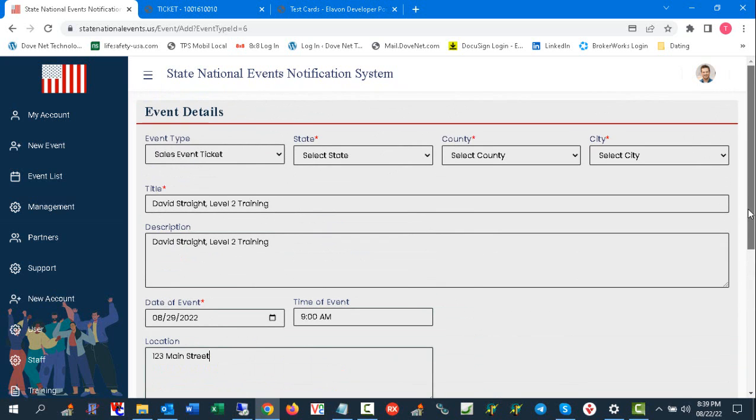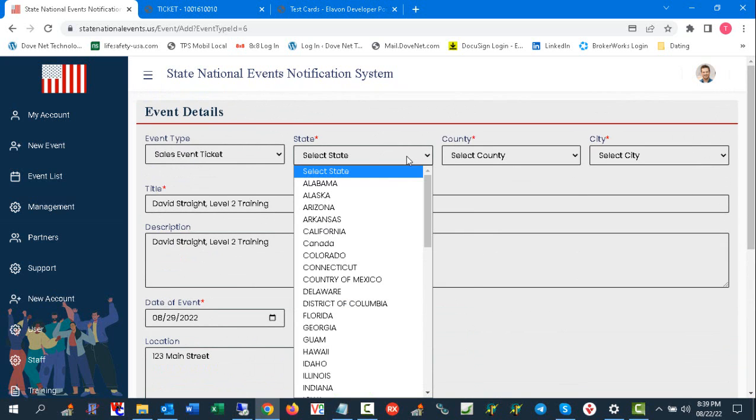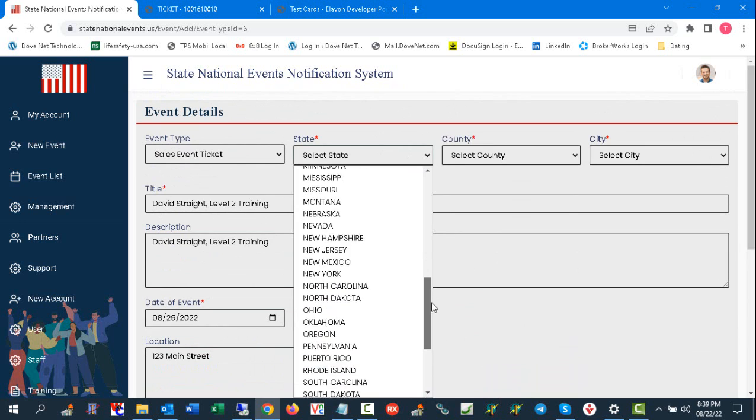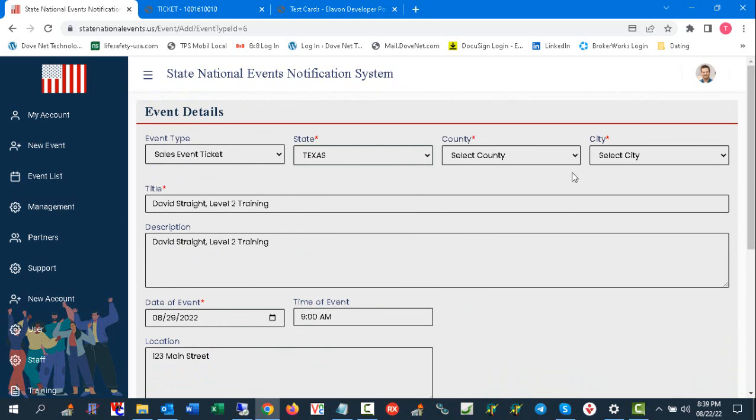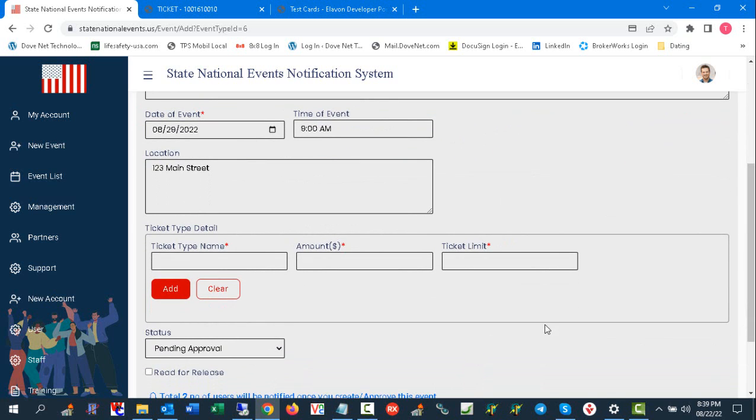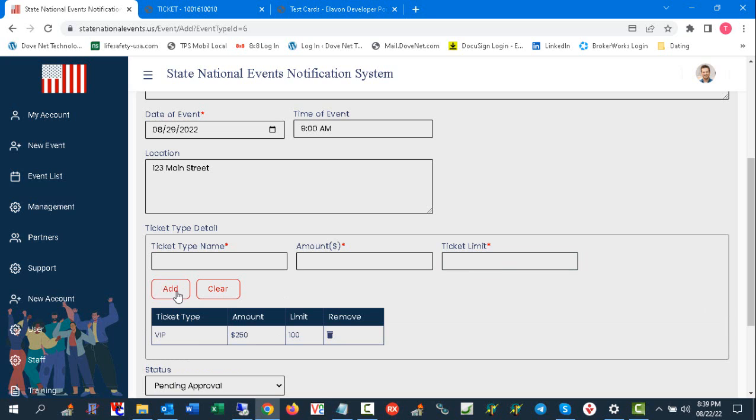And we have to give it a location, so let's say this is going to be in Texas, like so, and some county and some city, like so. Okay. We have the ability to have different levels of tickets. So we can say VIP, and let's say it's 250, and let's say we have 100 of them, like so. Add, and then we can do general,